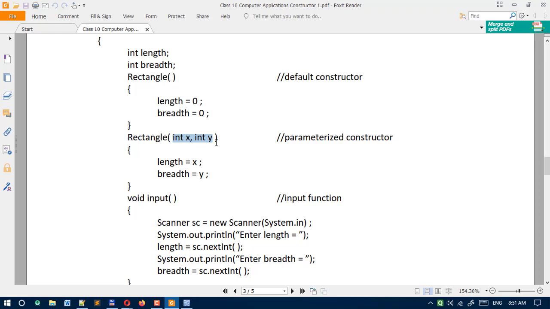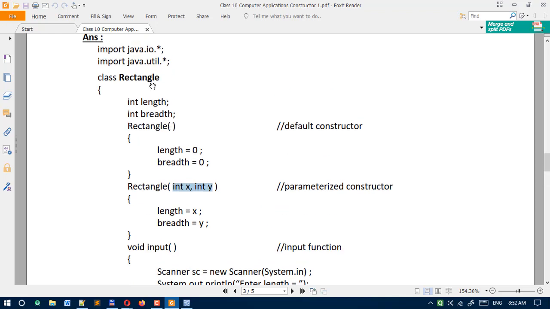So you can see the difference easily here. The first constructor is the same as the class name but without any parameters, so it is known as the default constructor. The second constructor has some parameters like int x, int y, so this constructor is known as the parameterized constructor.